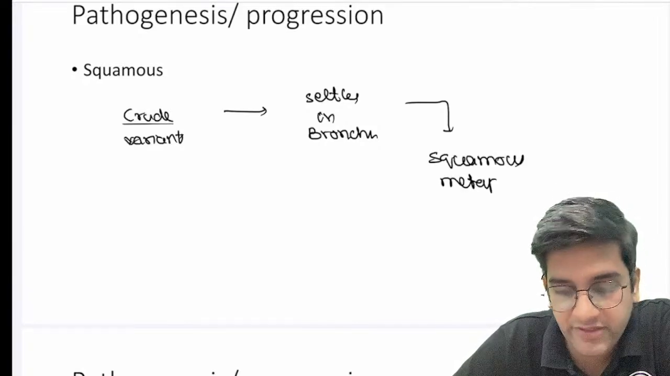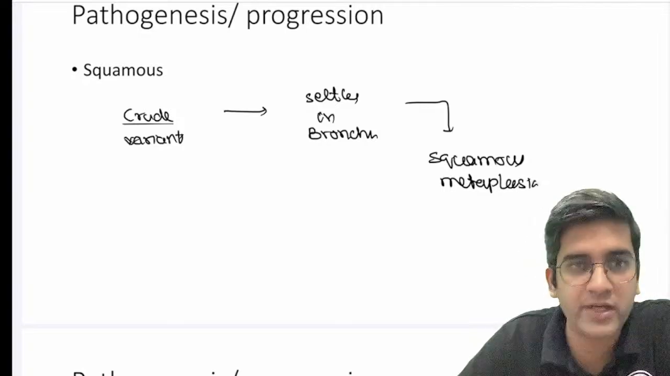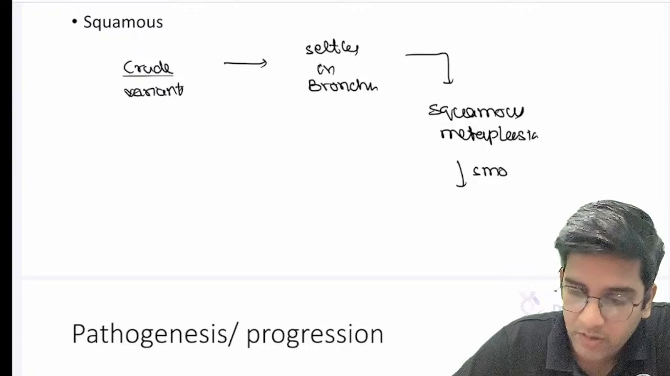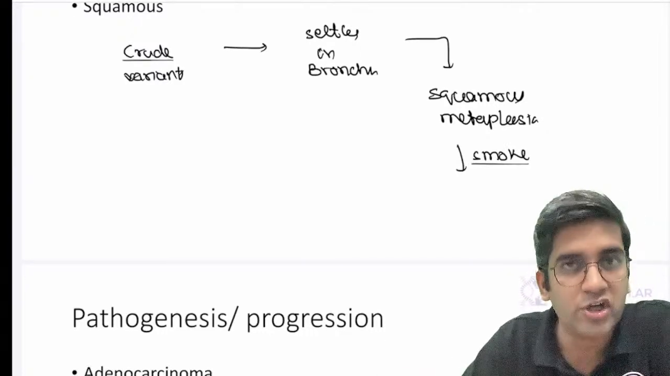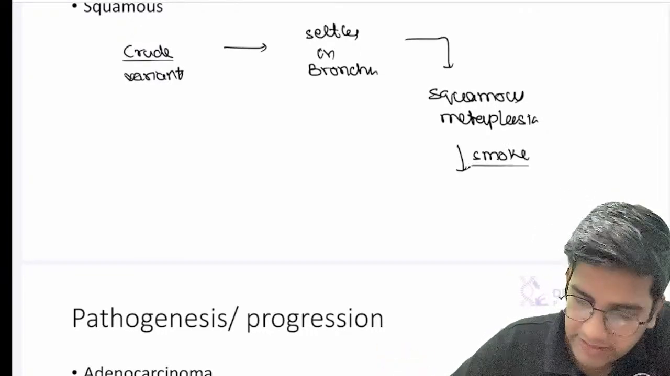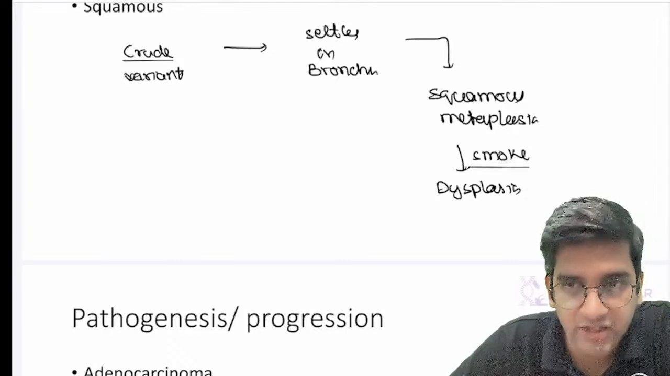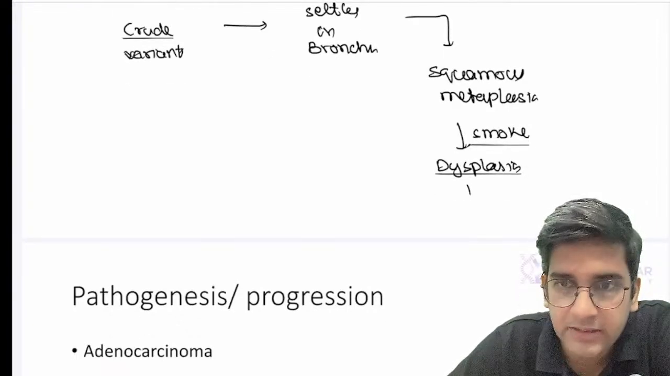By default, it is reversible. If the person stops smoking, it will come back to normal. If the person persists in smoking, only a continuous chronic smoker will end up having this, right? It will undoubtedly go to dysplasia. Dysplasia, if low grade, is also reversible. Fine. Then we'll go to,